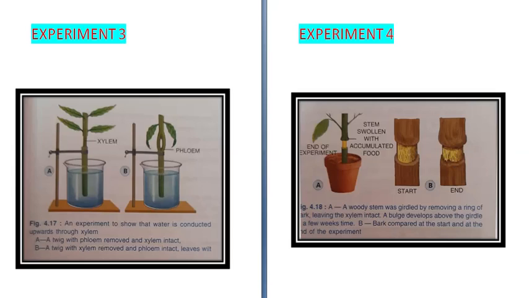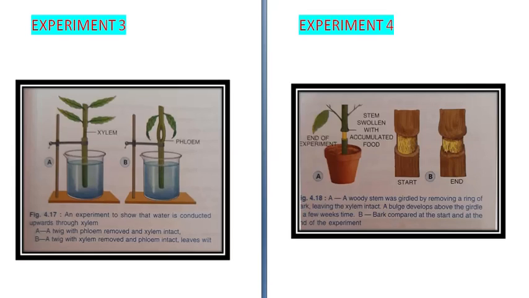Now there are certain forces contributing to the ascent of sap. Like I told you, in the case of a very tall plant, it is not possible for root pressure alone to send water up to the tips of the plant. So root pressure, capillarity, transpiration pull, adhesion, these are the 4 main forces which contribute to the upward movement of sap. Root pressure builds up force to push the sap in xylem vessels up to a certain height.